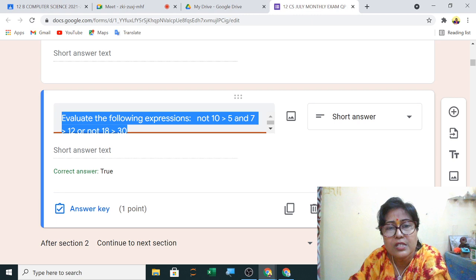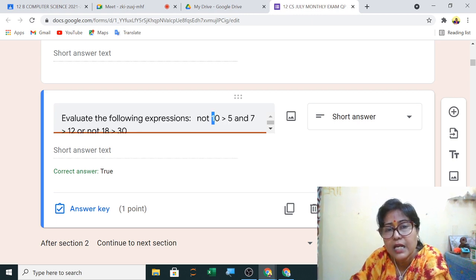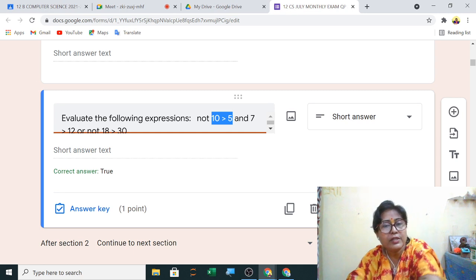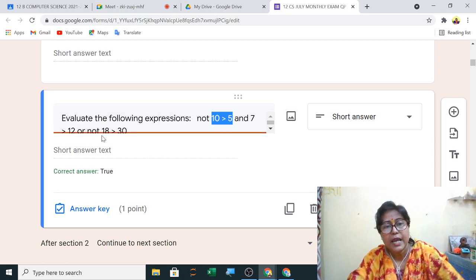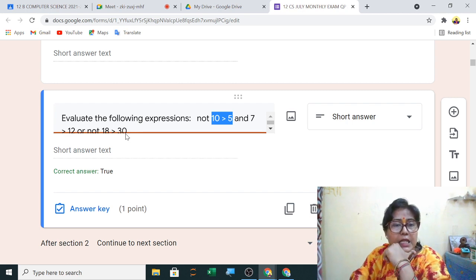So first, the relational part you will apply here. 10 is greater than 5, True. Then 7 is greater than 12, False. After solving the relational part, then you will apply the logical. 18 greater than 30 is False.